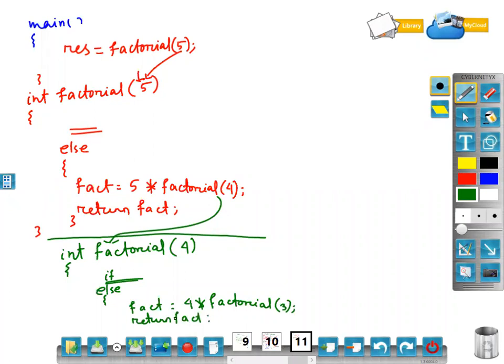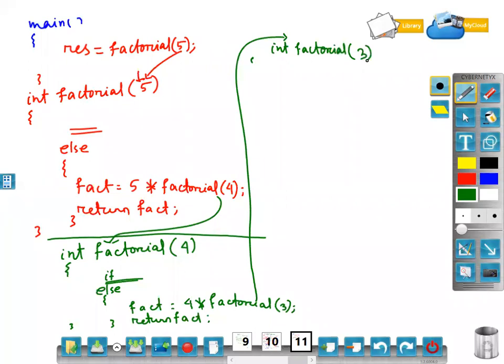Understood? Once factorial of 3 is called, internally one more body will execute. What will execute? int factorial(3). Clear?